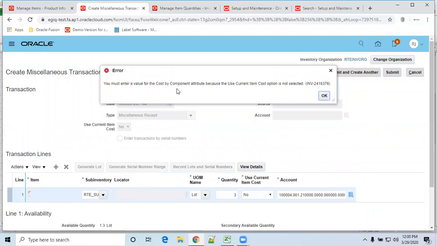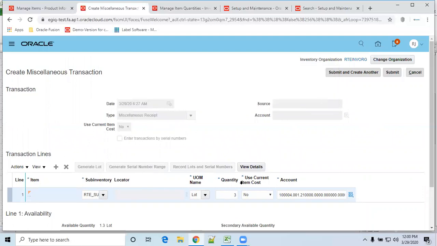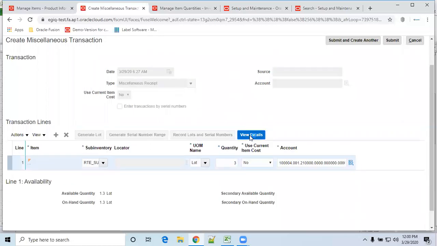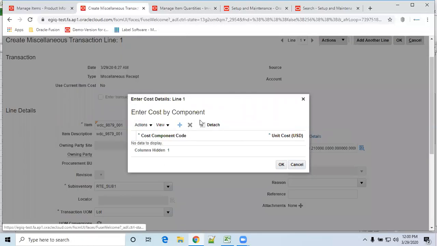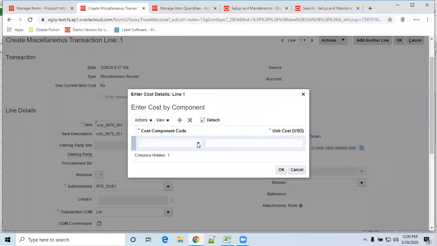You must enter a value because we selected current cost item as no. So how to enter that? Click on view details. Here we have the option unit cost, enter unit cost details. So click on plus. The cost type is item price.